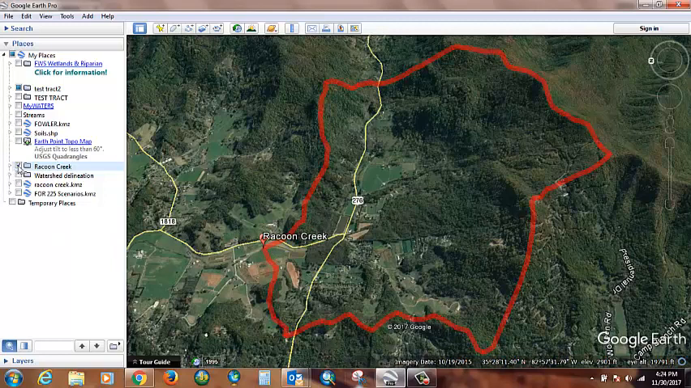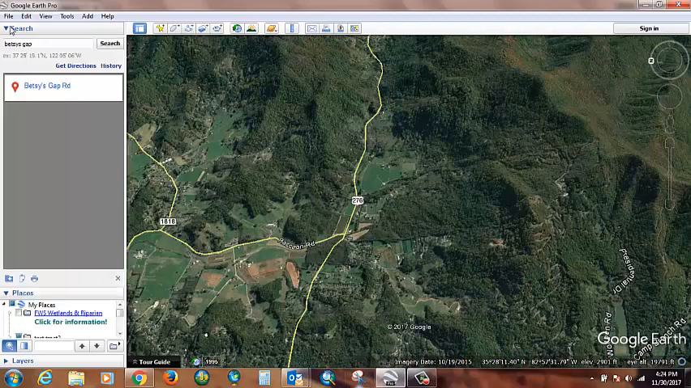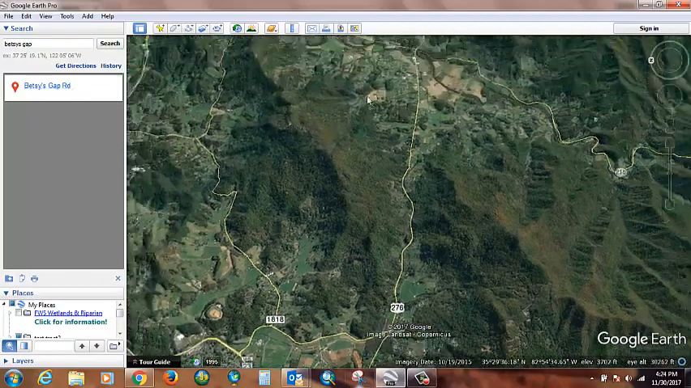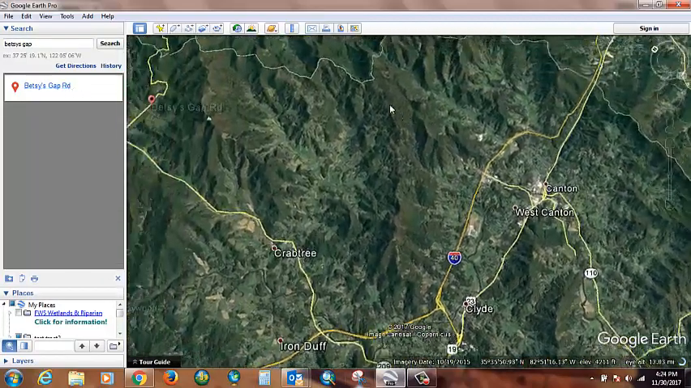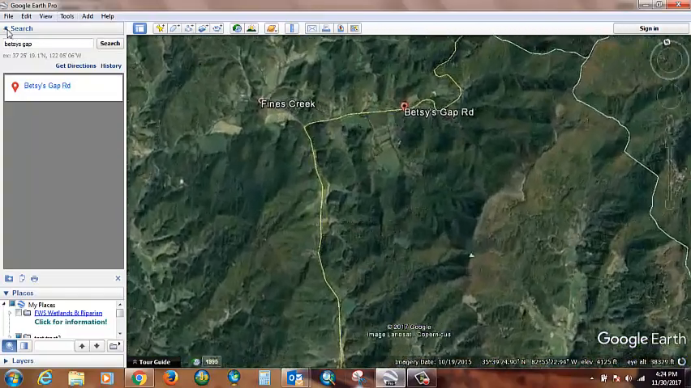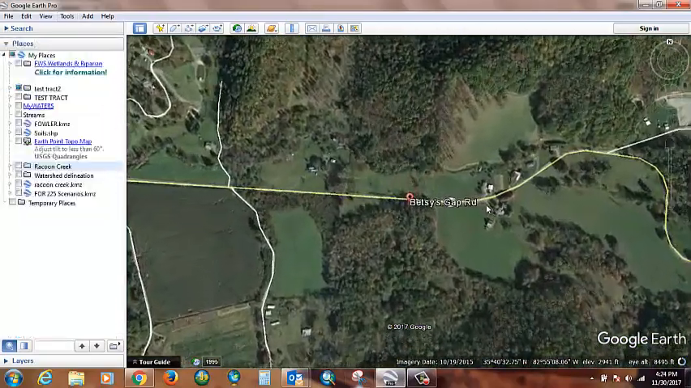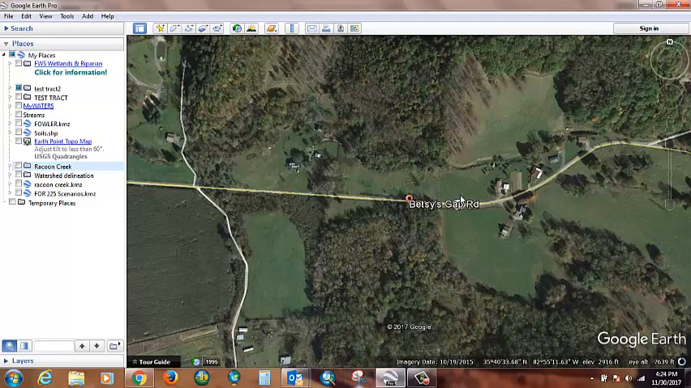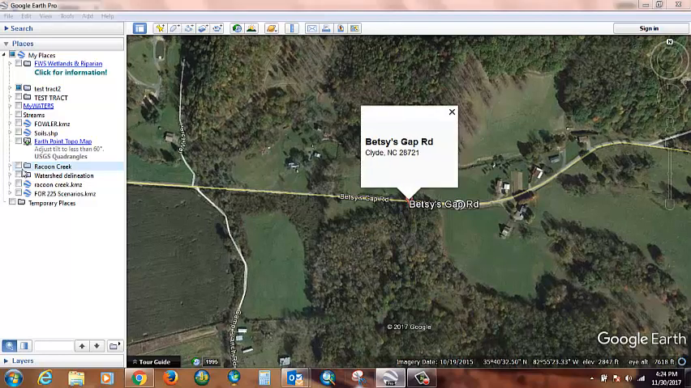So if I'm tired of looking at that, I can just click Raccoon Creek, turn that off, and it's gone. So let me go back to Betsy's Gap here, and hopefully you're able to see that moving around through Google Earth is extremely simple once you get a feel for how it's laid out. So